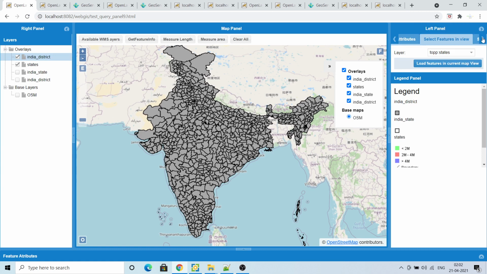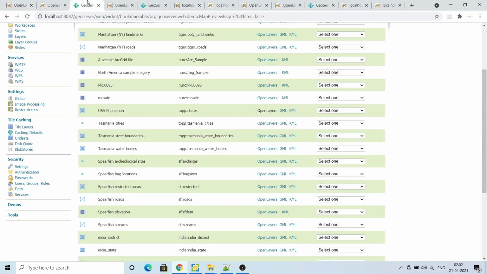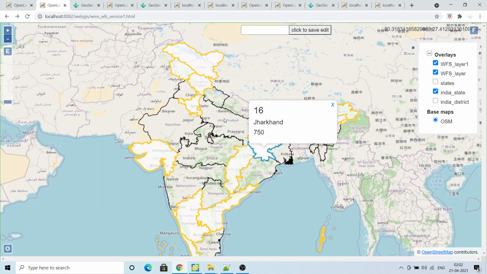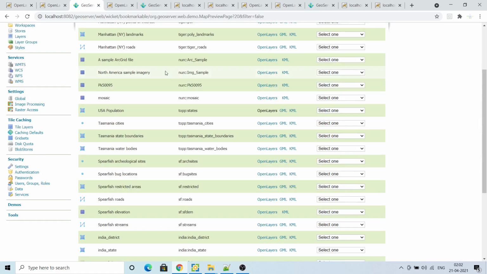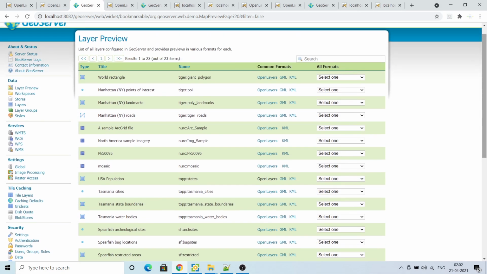So all this I have done using the same services. Nothing on the backend side. Everything was done on the front end side. So this page I will upload on my Google Drive and I will share the link inside the description, so you can try to run it on your PC or on your end, and you can modify it according to your need.